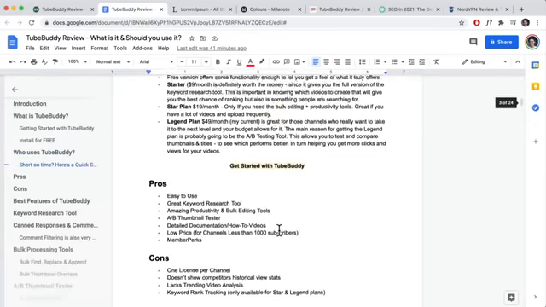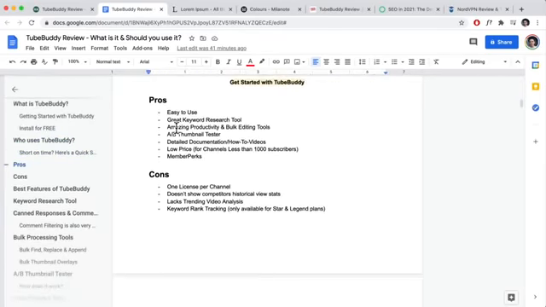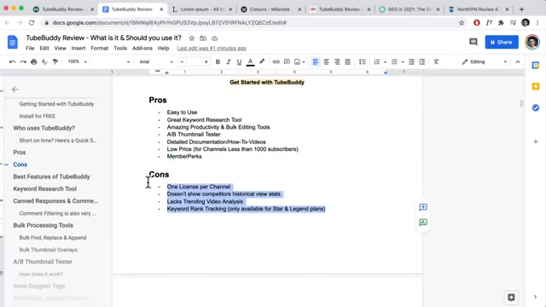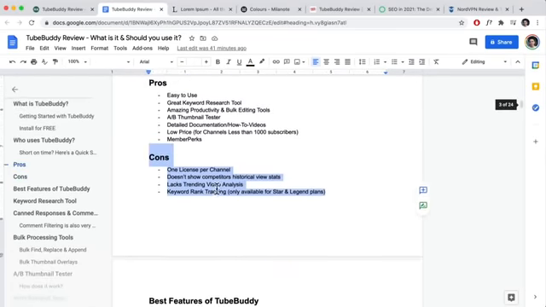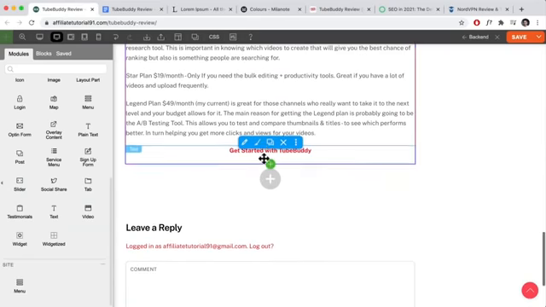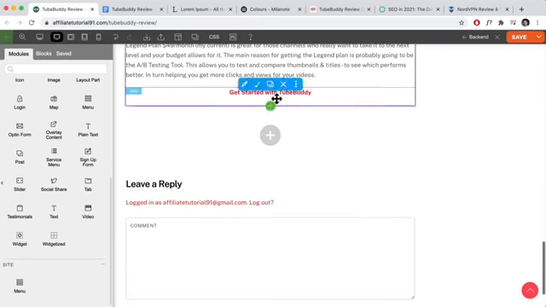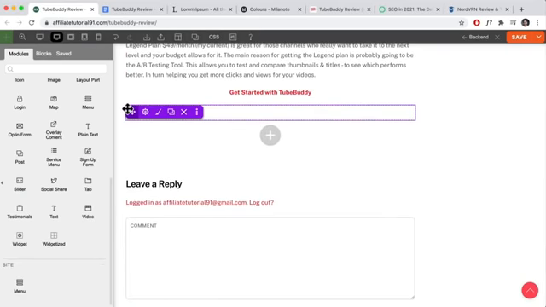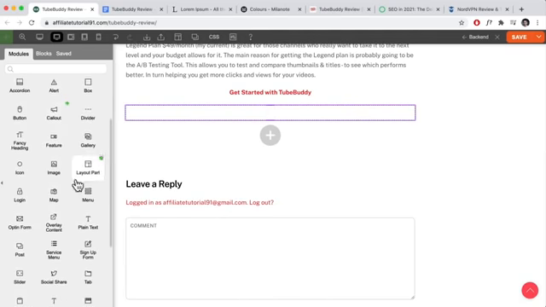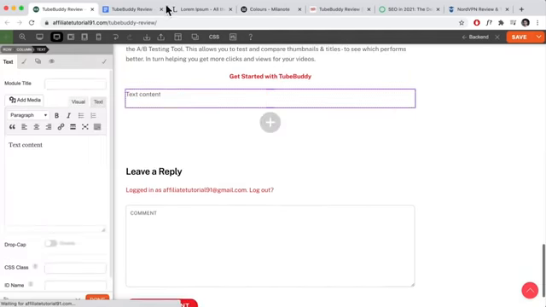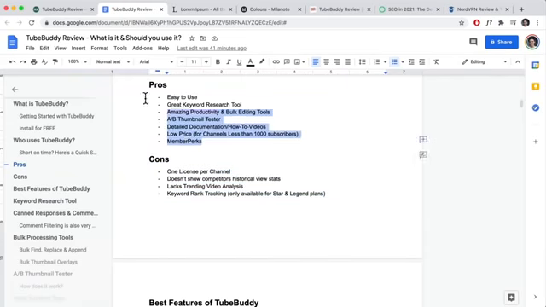So let's go down over here and let's add in the pros and cons. If you want to display your pros and cons, we can display it in a few ways. So let's go back over here. What I'm going to do is add a new row, something like that, and then separate it into 2 columns, one on the left, one on the right. Let's do a text module again, paste that in, and then we're going to copy that,